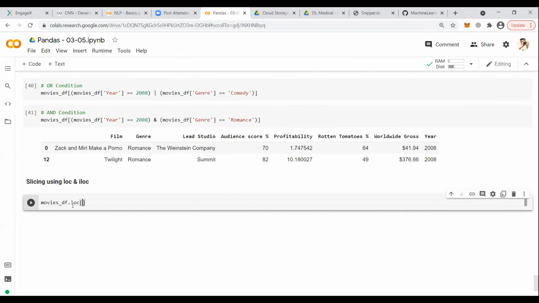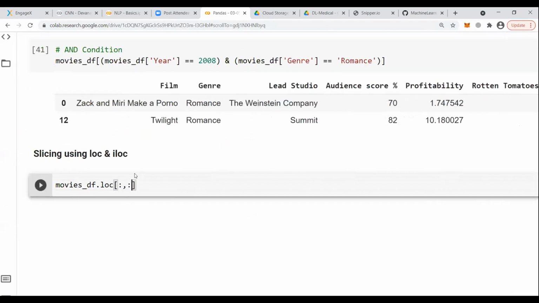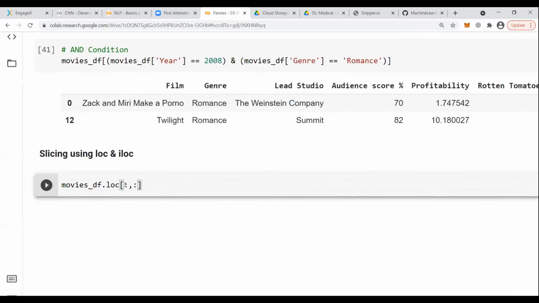movies_df.loc. The format, the syntax, please pay attention. It uses colon, comma, colon.